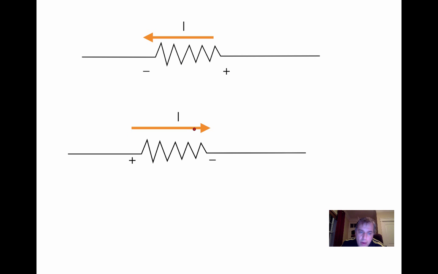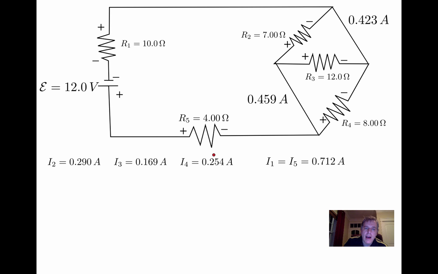If the current goes this way, it's always the same thing. The current enters the side of higher potential and comes out on the side of lower potential. This is a general rule that would be very useful. Okay. Now, for an example of this, the rule for the delta V around a closed loop, let's go back